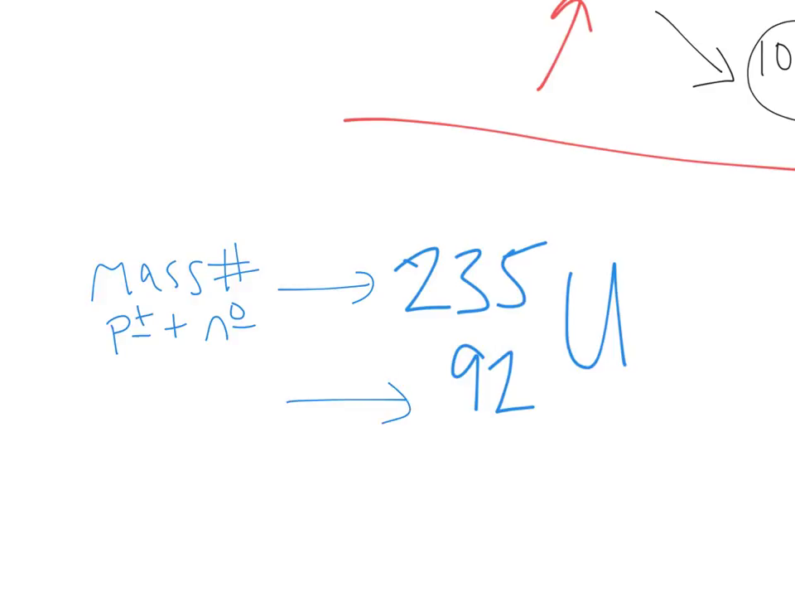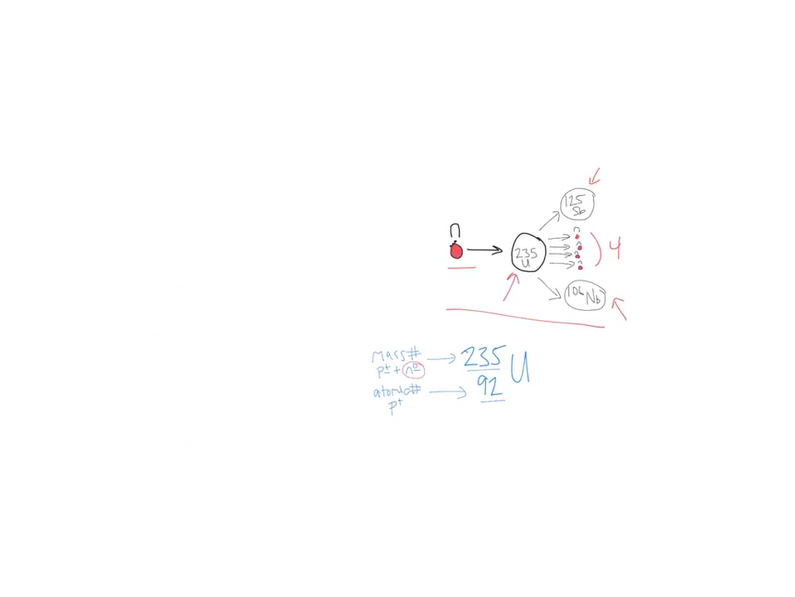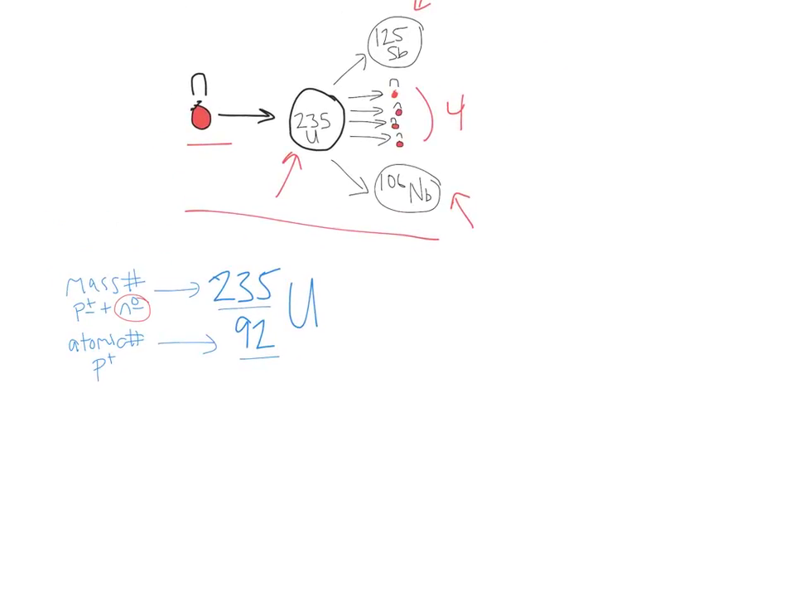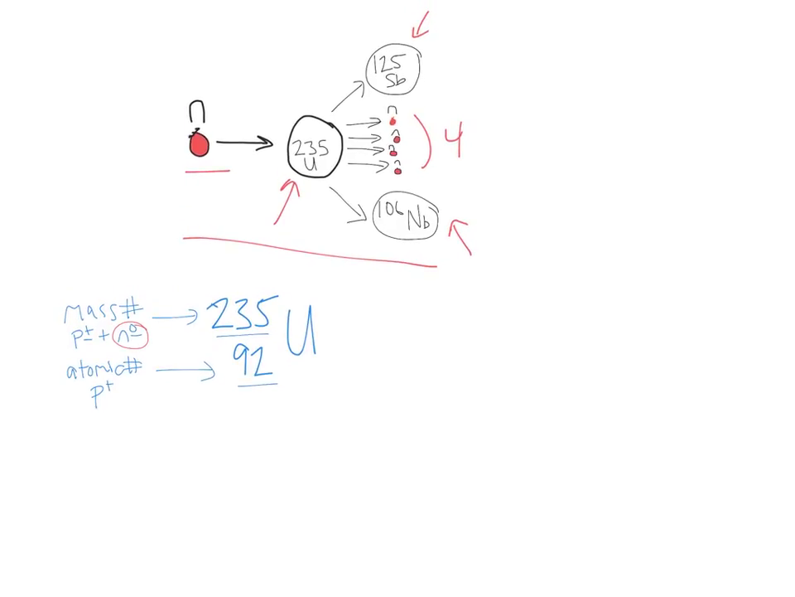Your bottom number represents your atomic number, which is the number of protons. So knowing this number and this number, you can determine what the total number of neutrons would be in a reaction. So back to our example. If we're writing this out in terms of the actual reaction that's going to take place,